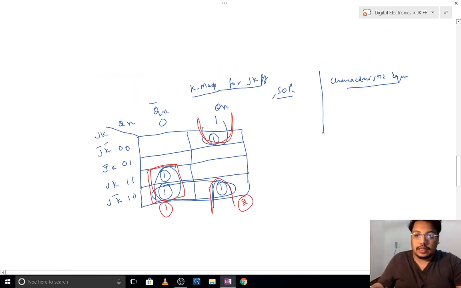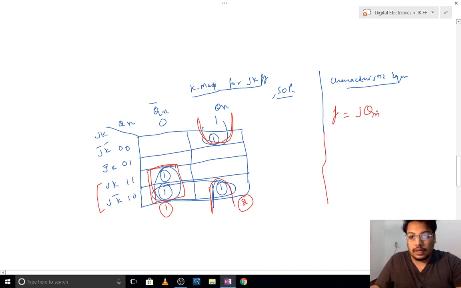Okay, so let me take the flip-flop output function as f. So now here J is same and K is changing, so we will not be taking K, but Qn bar is same.